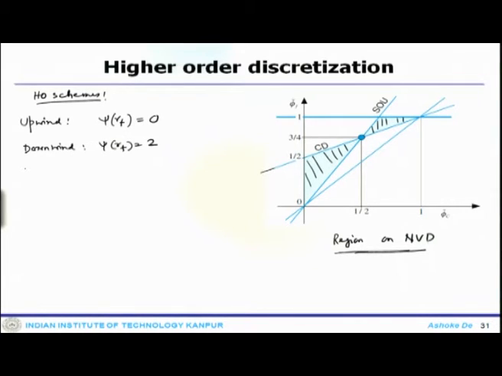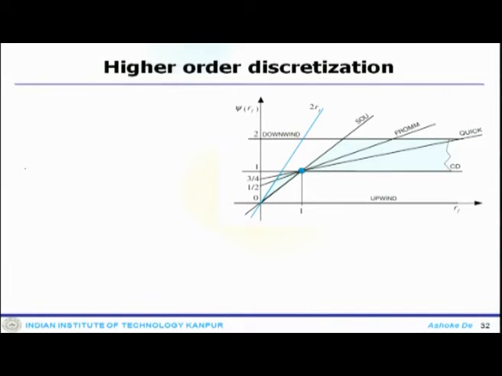We can see these things in the psi Rf diagram here, which nicely shows the region where all the monotonicity preserving schemes can be found, in this particular shaded region. This is the psi R diagram for higher order schemes and TVD